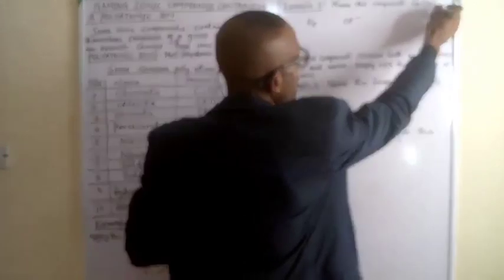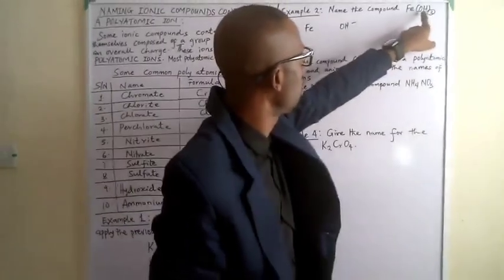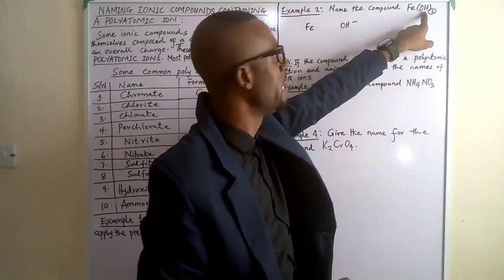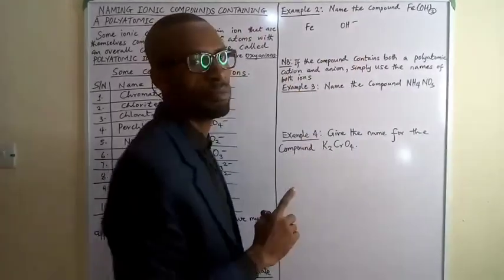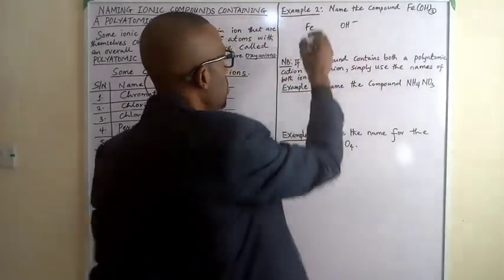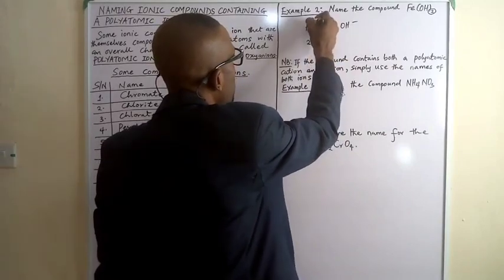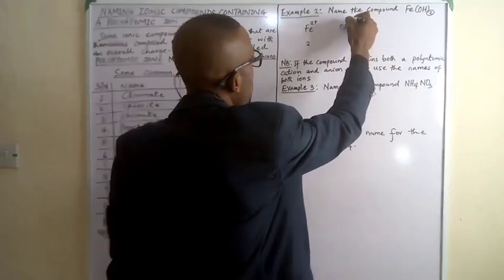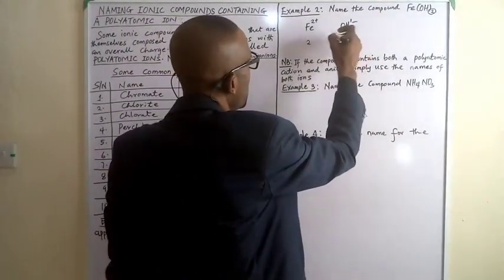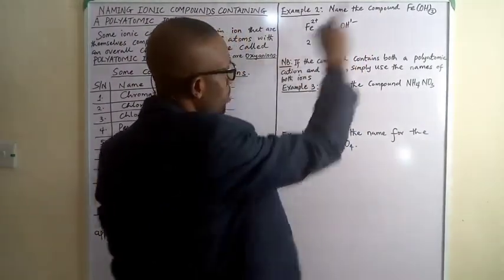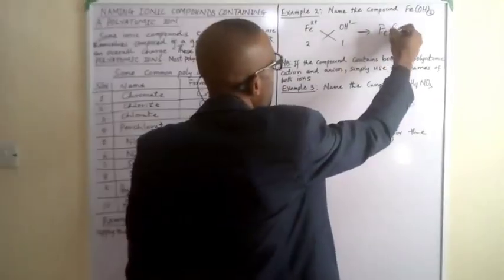I've told you the first way to know is that the atomicity of the OH ion definitely is the charge on the iron. I have said this severally. So what you actually have, the oxidation state here, is 2 plus. Of course, here is 1 minus. If you bring down 2 and bring down 1 and use the crisscross method, it gives you back to this, just to confirm that we are on the same page.